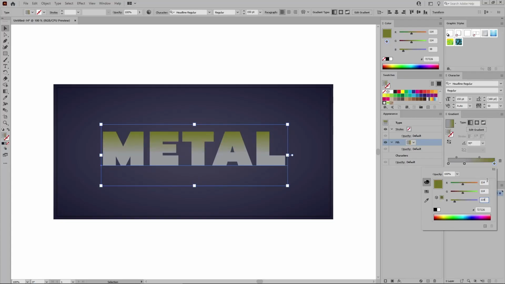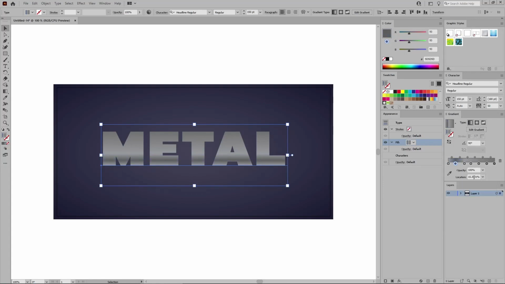Keep focusing on the gradient bar and click on it 4 times to add 4 more gradient colors, and then let's select these new colors one by one, starting with this one. Replace this color with 93, 93, and again 93. Make sure that the location is set to 15%. Move to this one,